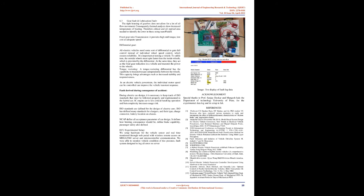Fixed gear ratio transmission provides high stall torque and low cost at adequate speed. Differential gear: all electric vehicles need some sort of differential to gain full control instead of individual wheel speed control, which ensures reliability. It is important when turning a vehicle. To turn safely, the outside wheels must spin faster than the inside wheels, which is provided by the differential. At the same time, it acts as the final gear reduction in a vehicle and transmits the power to the